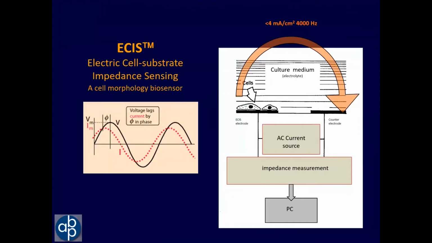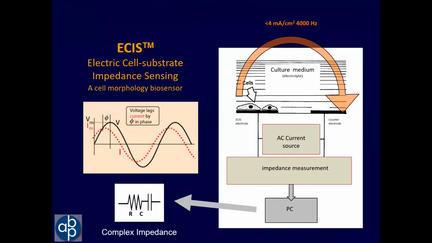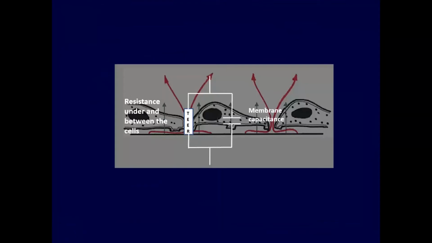And so that phase angle, that phase change indicated by the Greek letter phi here, is what the more sophisticated instruments will be monitoring to get complex impedance. And once you have that amplitude and that phase angle, now instead of just reporting the impedance, one can report the resistance and the capacitance that's being measured. So now a better way of representing our cells on the electrode is using the idea of TEER, which is